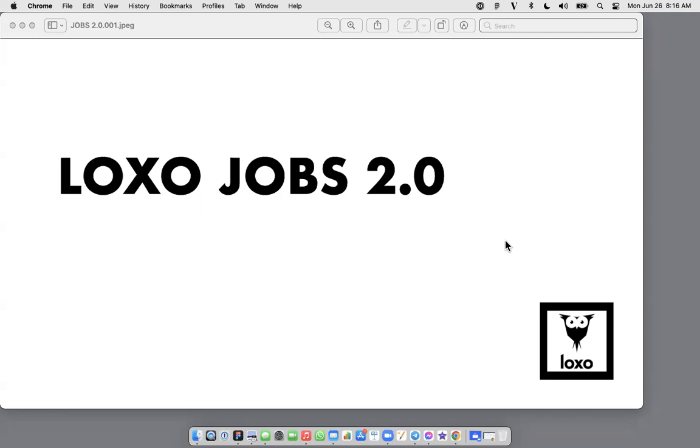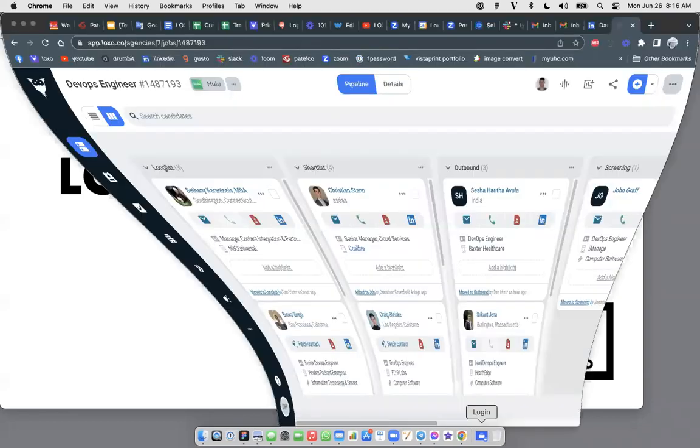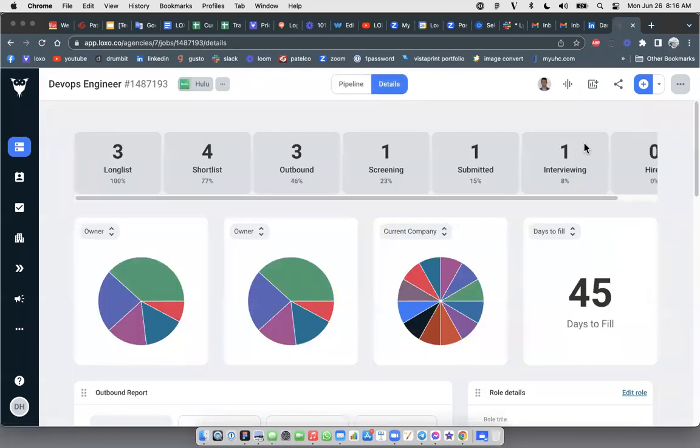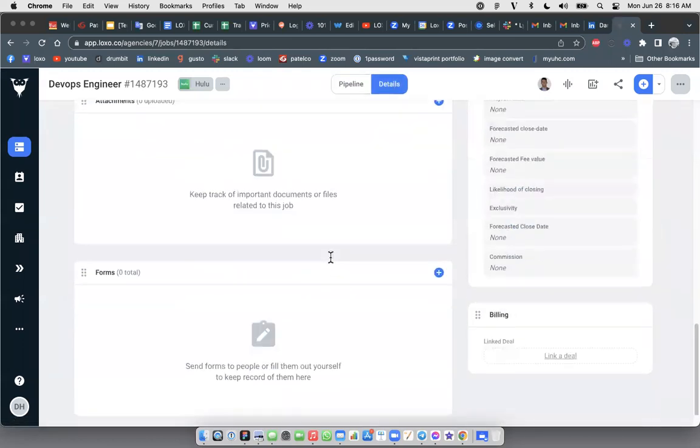We just rolled out some fabulous enhancements to the Jobs tab, so let's take a look. So we're looking at a typical job here in the Jobs tab, the DevOps engineer job over at Hulu, and you can see the pipeline here. The new tab is up here at the top, the Details tab, Job Details, next to the Pipeline tab. So when you click on Details, it opens up this beautiful view, and we're going to work our way through